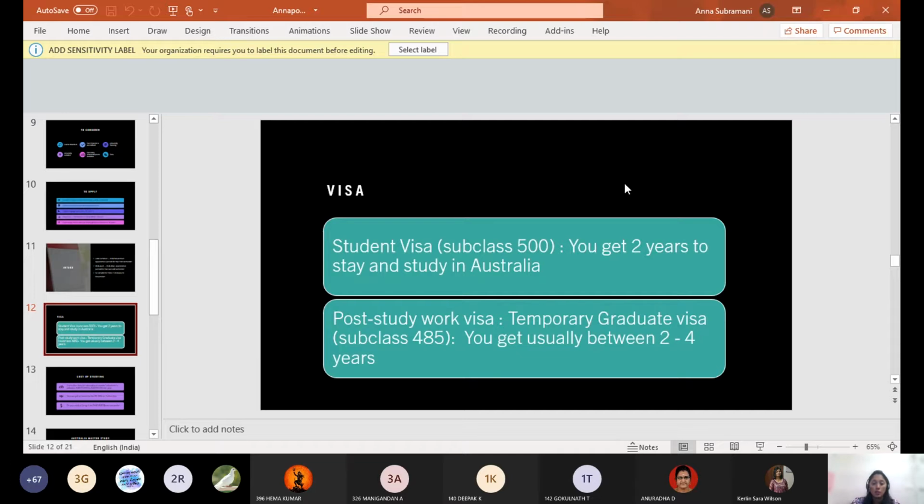Once your student visa is over, you have to apply for your temporary graduate visa, where you should have completed your degree and passed it. If you have passed it and covered all the requirements, you usually get 2 years of temporary postgraduate visa, where you can still study or you can work. But like I said, there is a bonus if you live in regional areas. If you live in regional areas, you get an extra year in your temporary graduate visa. So usually it's a 2+2 combo, or a 2+3 combo. So if you come here to study, you can stay around for the next 4 years if you wish to.